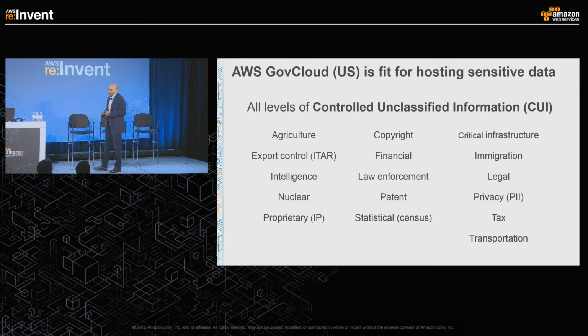What we also found is that when customers typically come to GovCloud, a lot of them have data that falls into the federal government's description of controlled and classified information. And basically, controlled and classified information is 16 categories of data or information that, while unclassified, the US federal government has deemed sensitive. And it covers things like export control data, like we talked about ITAR, or intelligence data, or nuclear data, financial information, statistical data, intellectual property, agriculture data, legal information, critical infrastructure information, just a whole host of